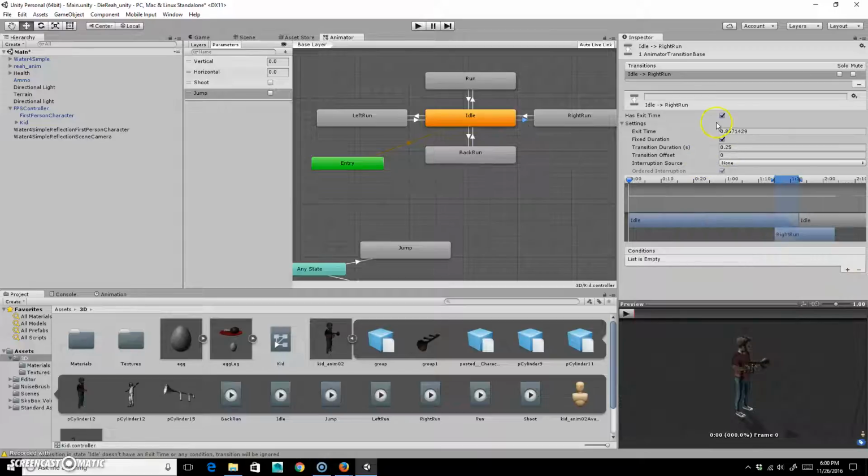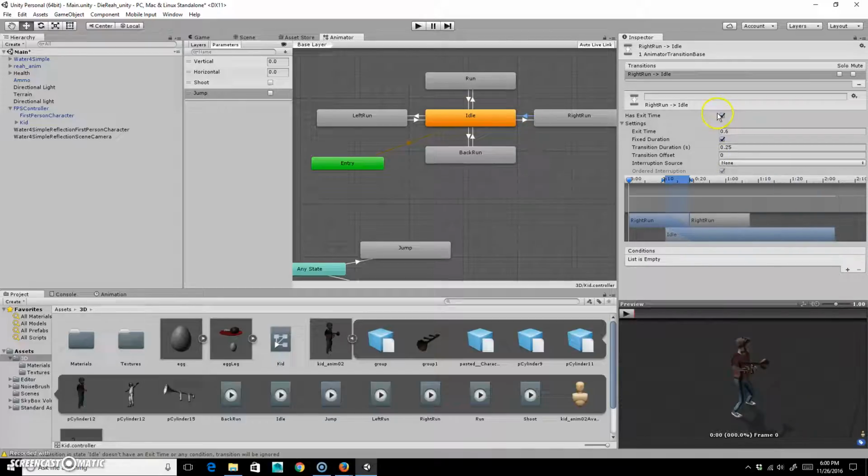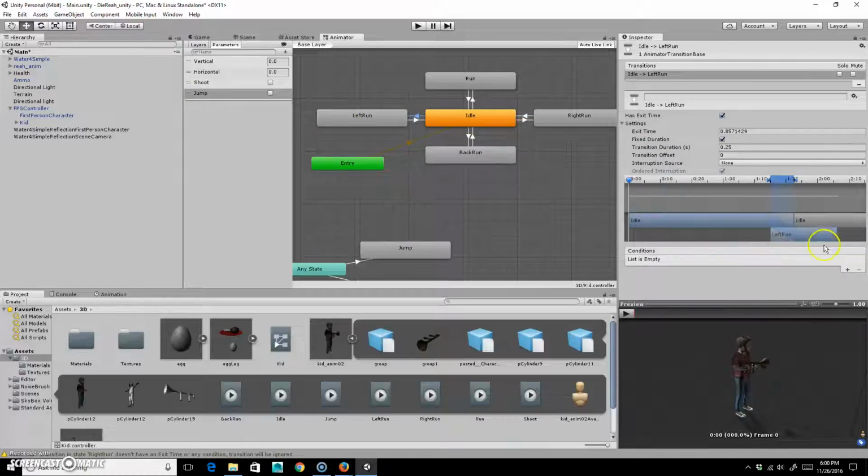Okay, so I'm going to click on this, and this is going to not be vertical, but horizontal. So we're going to say this is to the right. So if it's greater than 0.1, and we'll say if it's less than 0.1, and same thing here, horizontal,